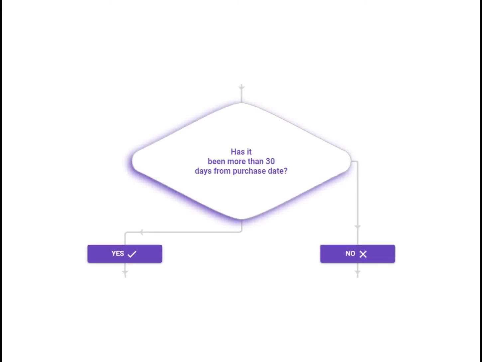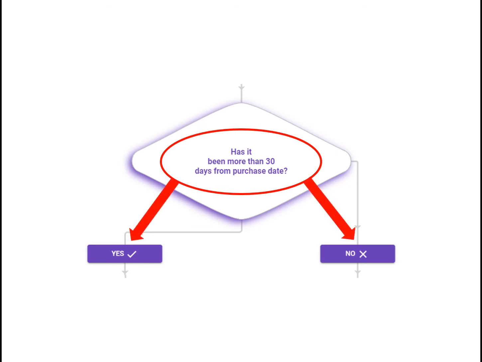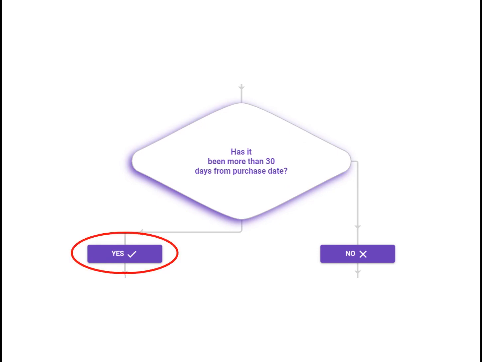Now let's pause for a second and take a look at the decision box. The caption for this decision box is supposed to be a very simple question whose answer is always going to be either a clear yes or a clear no. In fact, the viewer of the flowchart will click on the yes or no buttons to answer your questions. So make sure you frame the question in a simple spoken language, just like you're having a conversation with the